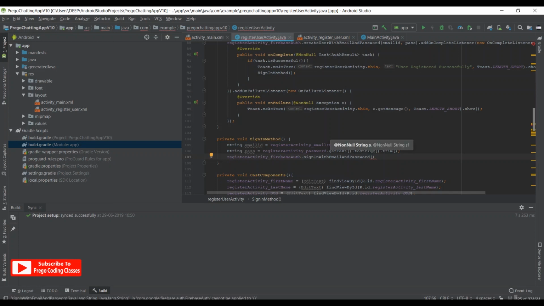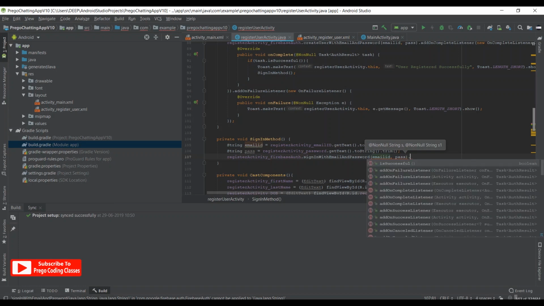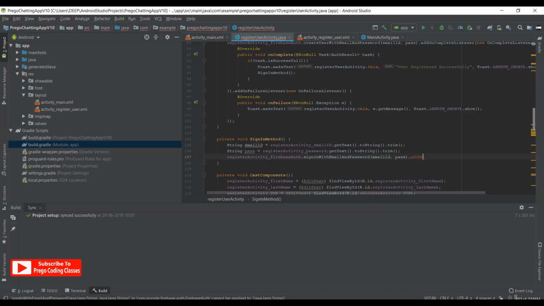Now I'm not going to check if the user has verified his or her email or not, because I have done that in informative app. You can check that and you can implement that the way you want. So I'm not going to check for the verification thing. I'm going to go with the sign in method directly. So I'm going to sign in with email ID and pass dot add on